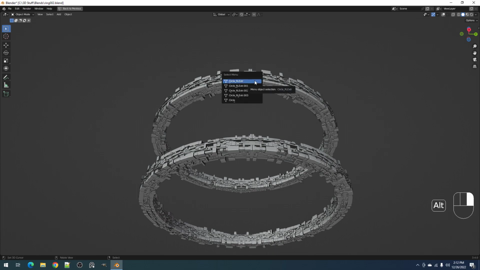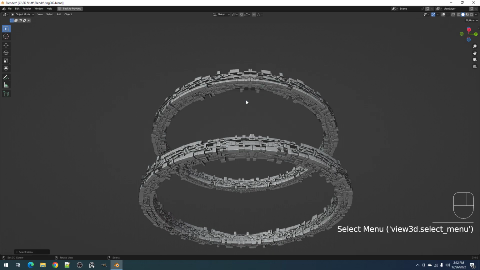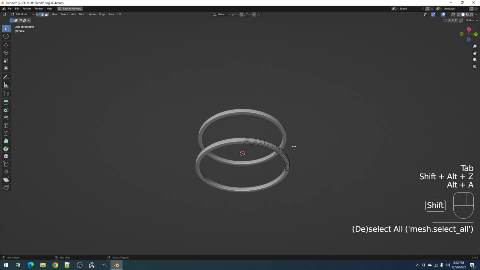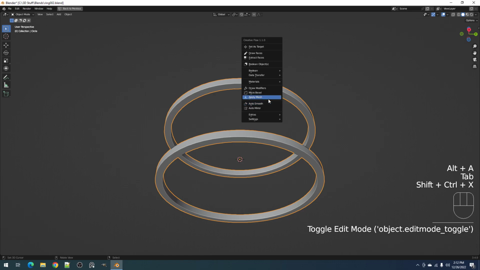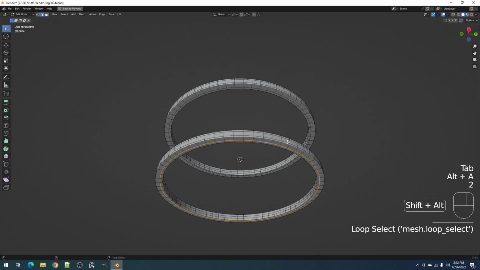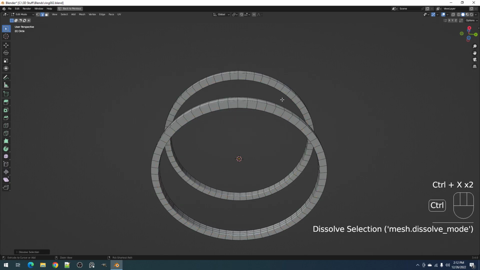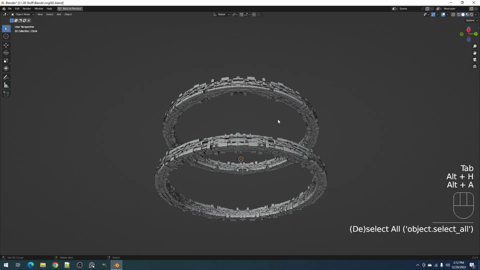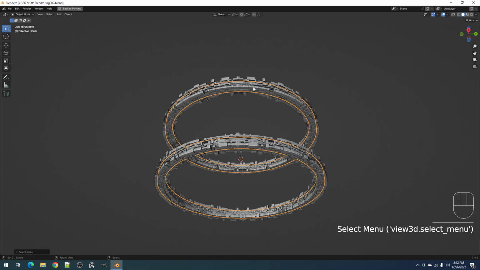Alt right click, and it will show me all the objects underneath the mouse cursor. So I can select circle and Shift H, hide everything else. So I'm going to apply this since I already created a mesh as an asymmetry mesh, and use this first. Alt H to show everything else,